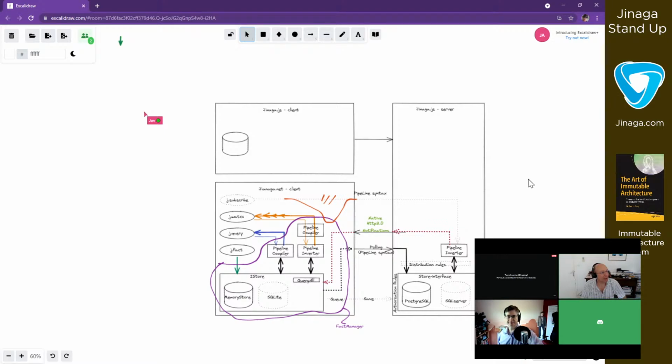Question: when you poll, is it getting the latest ones since the last bookmark? That is the intent. Yes. I call out that's the intent because right now I've really only implemented polling just to be able to do a conference talk.